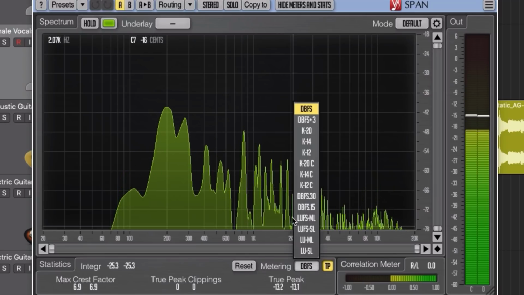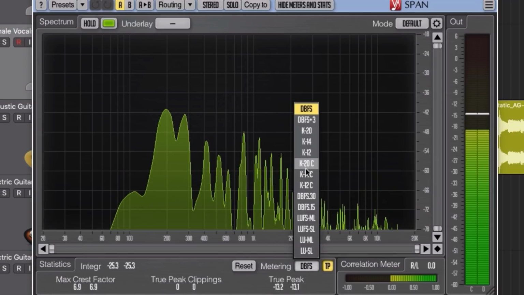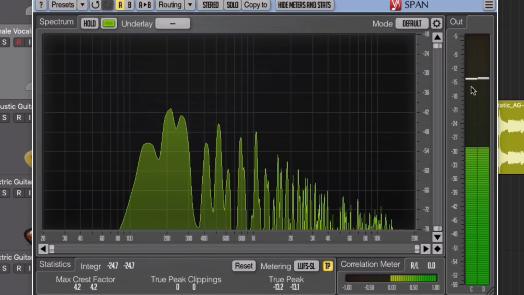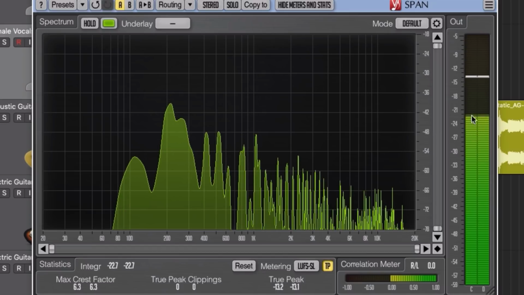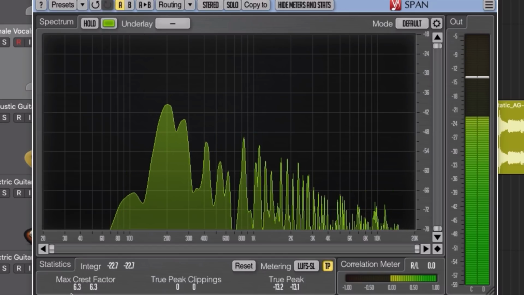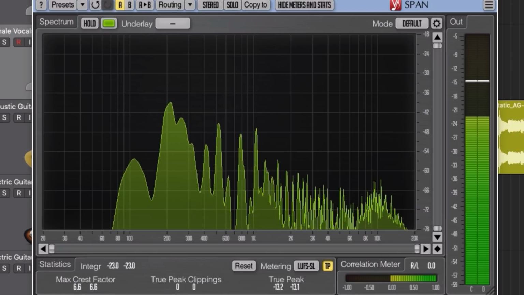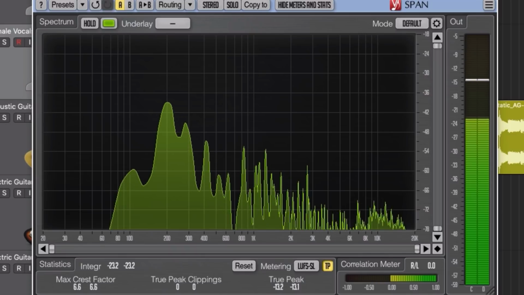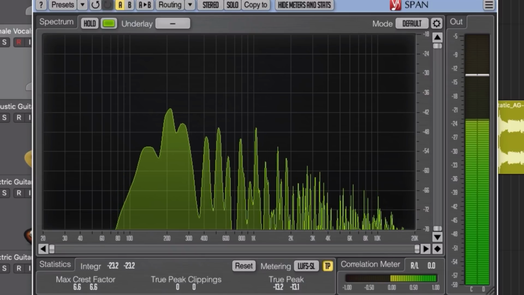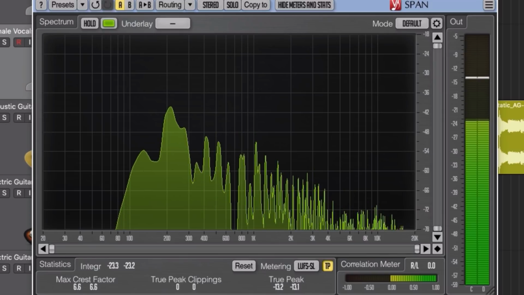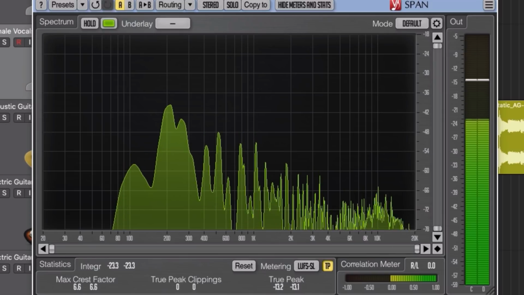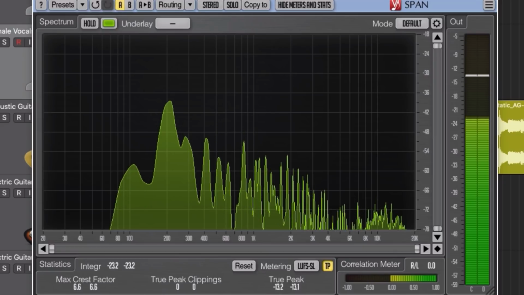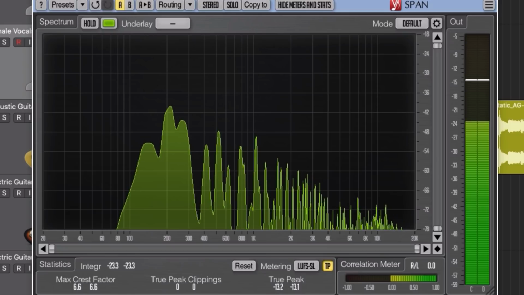And I can change my metering to any different kind of volume that I want. For example, if I wanted to look at loudness, like a LUFS meter, this is really helpful for that. I can bring that up. It also shows my crest factor, which is great if you're doing any kind of mastering, any kind of stuff where you're trying to get the loudness to be as high as you can. Now, obviously, a lot of DAWs have multimeters like this, but if yours doesn't, or maybe if you just don't like the multimeter that you have in your DAW, Span is your next best choice,